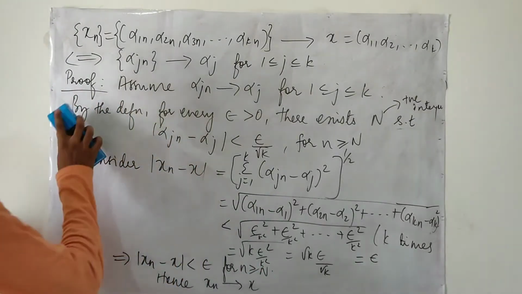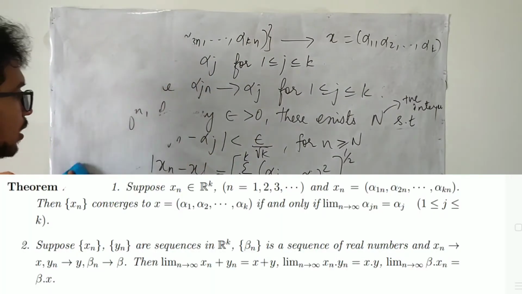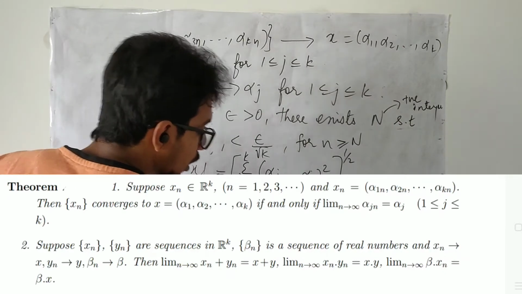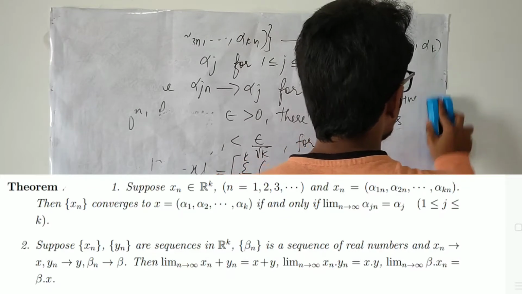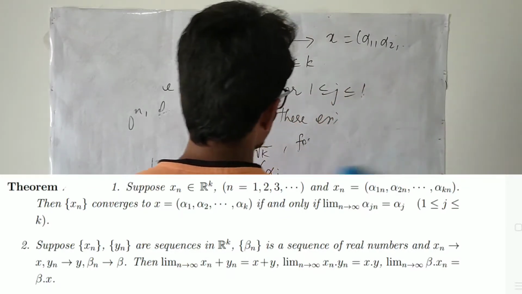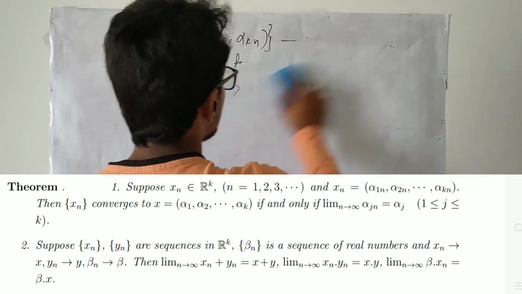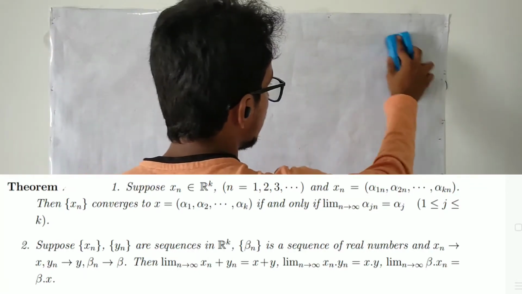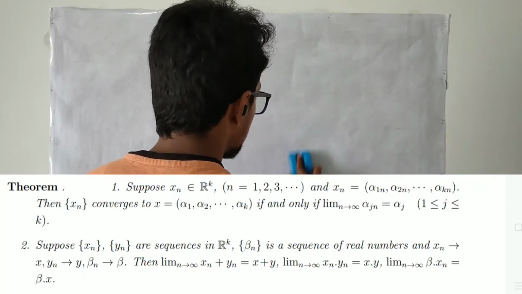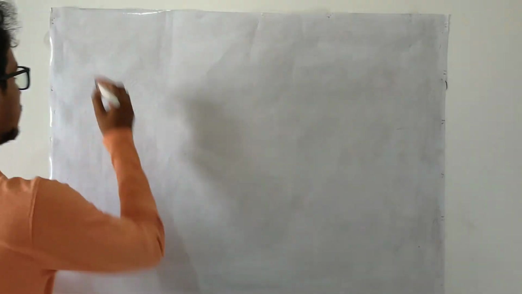Right? Now we have proved these things, and in the second part of this theorem you may see in the statement, here we are taking two sequences which are converging in a Euclidean space, and we are going to talk about the algebra of the sequences in Euclidean space. Algebra of convergent sequences in Euclidean space. Right? In order to study this thing, we will have to recall something from the previous lectures, that is algebra of convergent sequences. Hope you have remembered the things.